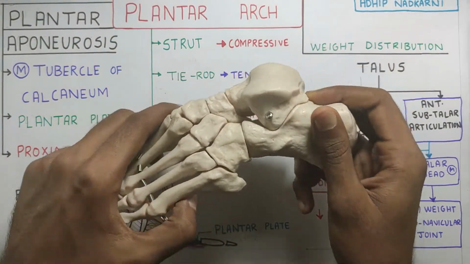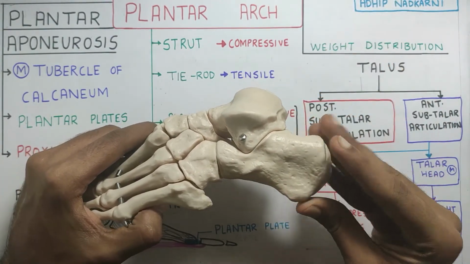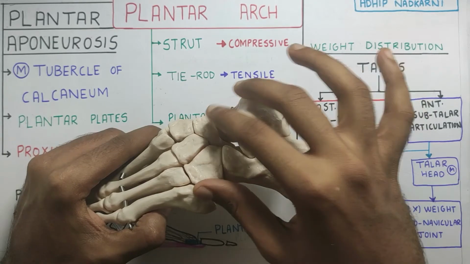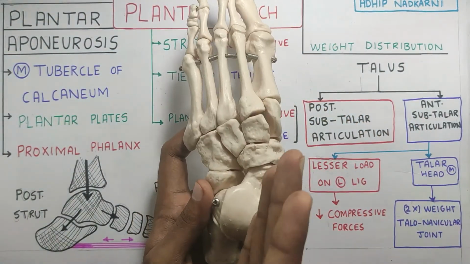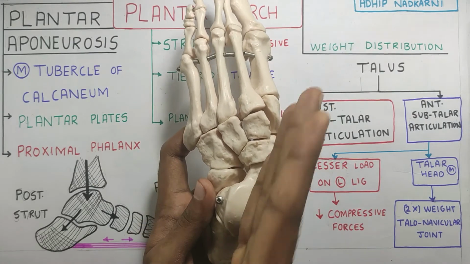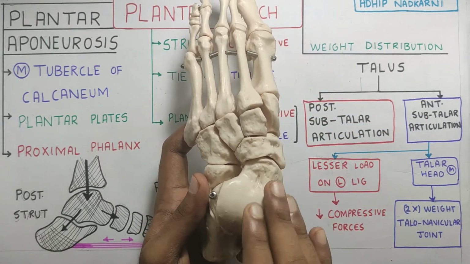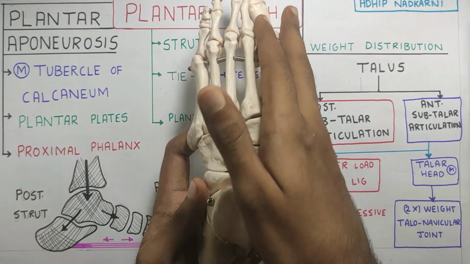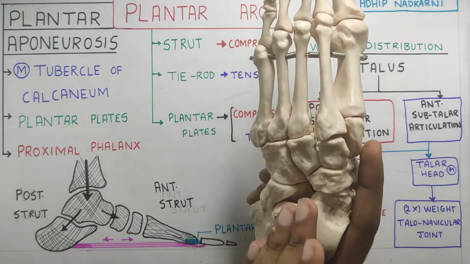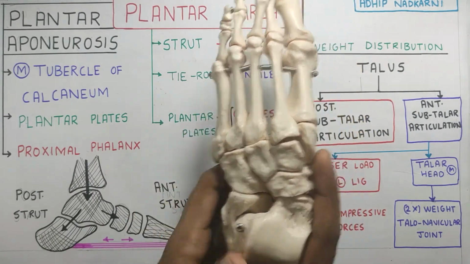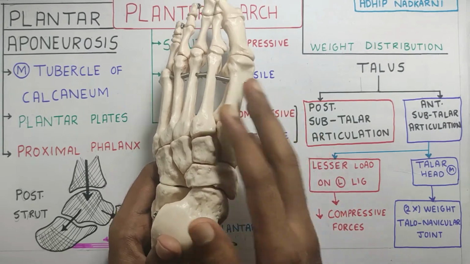So if you look at the foot over here, the talus is taking the weight and 50% is being transmitted posteriorly and 50% anteriorly. Now if you look from top, you see that the talar head is more oriented medially and the talus will pass most of the weight to the navicular and the forces will get dissipated from there down, compared to the lateral side, which is not much in contact with the talus, right? So that's why the major weight is taken up by the navicular or the talonavicular joint.